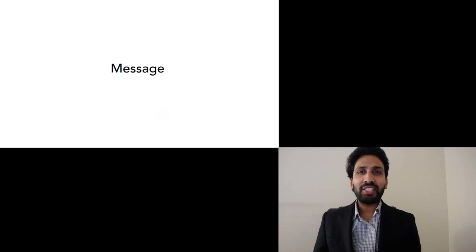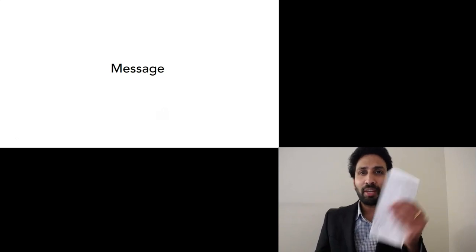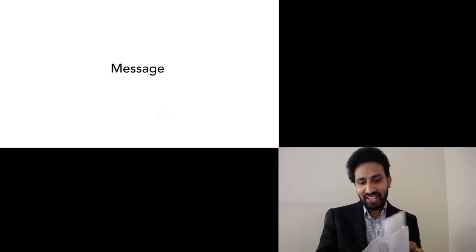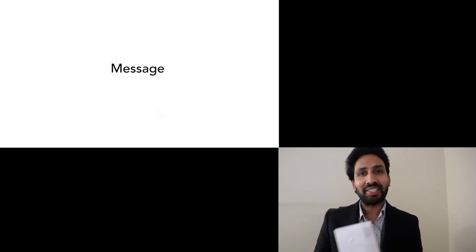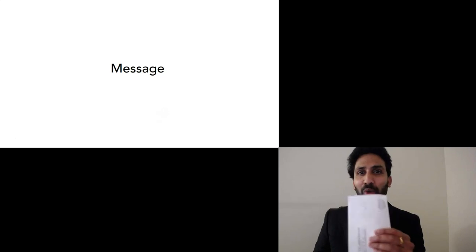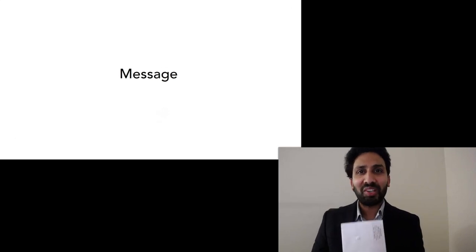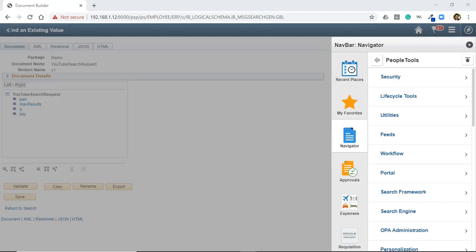The next integration definition I'm going to create is message. Message is nothing but a placeholder for the document. Remember my previous example? This is my employment application and this is the envelope I'm using to hold my employment application. Just like that, I'm going to create message to hold the document. Creating message is easy, as simple as putting the document inside envelope.